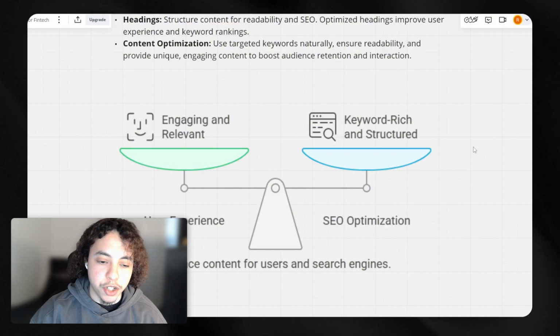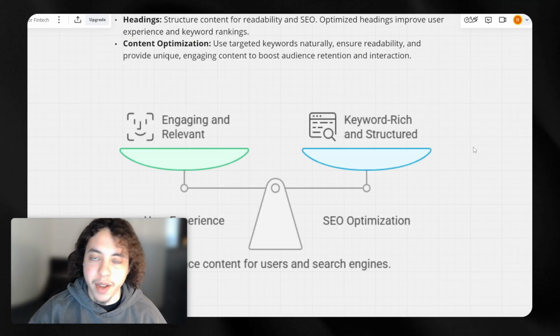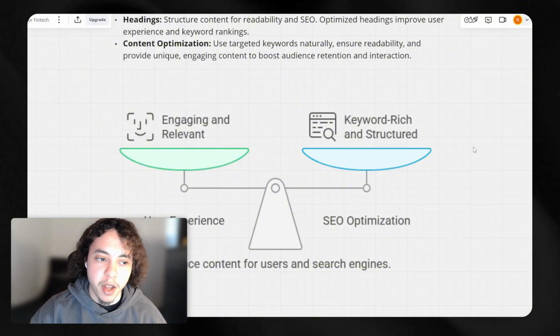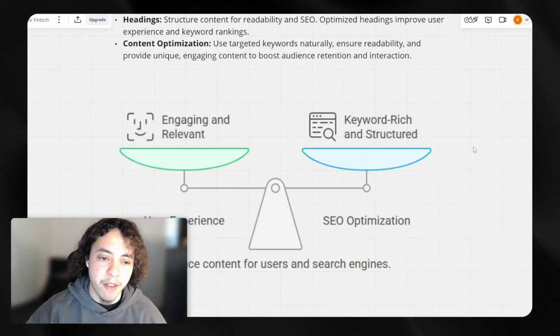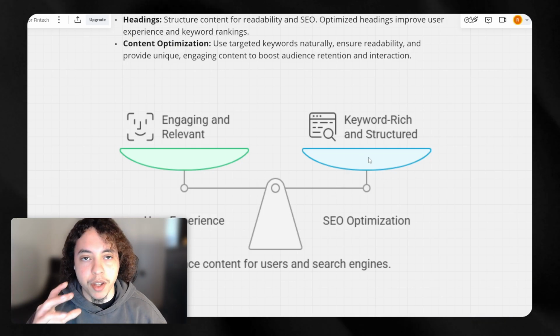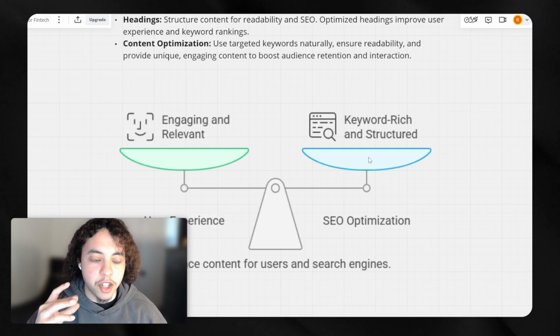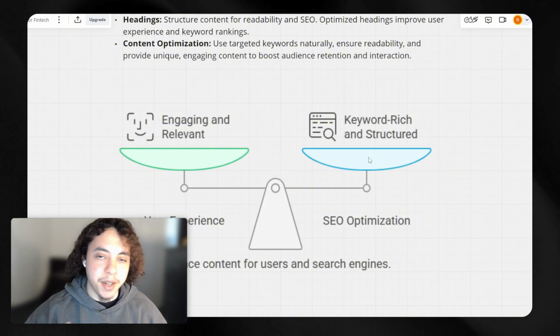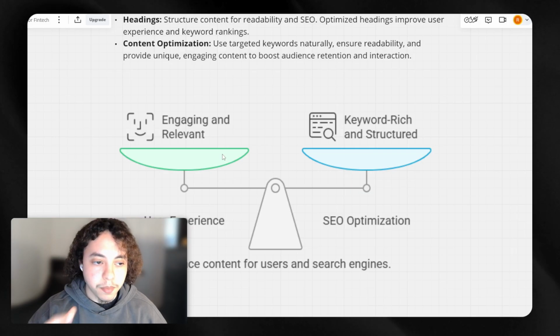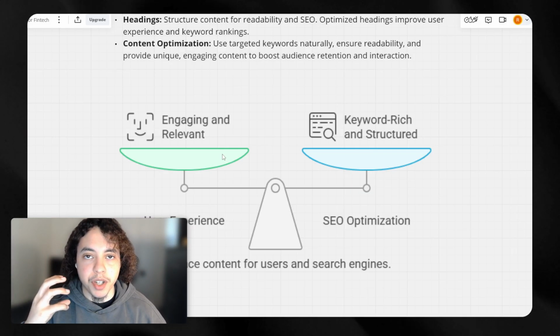A lot of people really just focus on one-shotting, using different AI LLMs to basically write the content for them and just keyword stuff, but they're heavily focusing on the SEO optimization side of things and not really the user experience. It's important to have engaging, relevant content with personal experiences too, to really focus on the